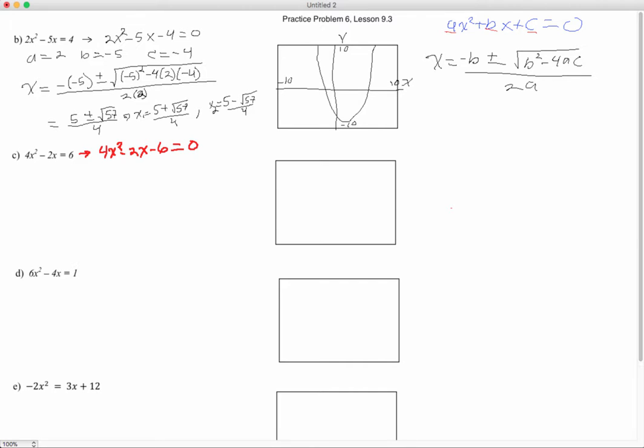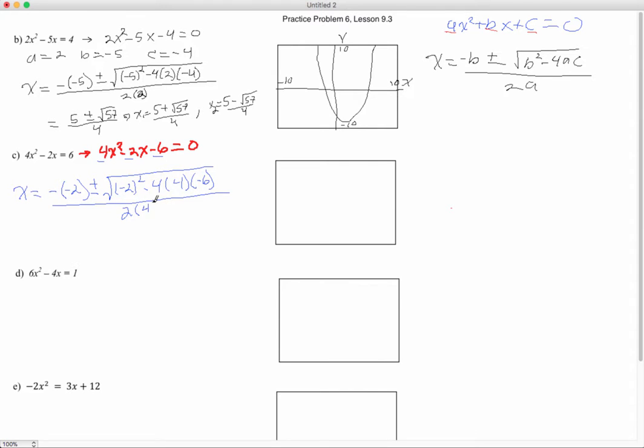So now what we need to do is come in here and identify our a, b, and c. We see a is 4, b is -2, and c is -6. So that tells us, plugging those into the quadratic formula, that x is going to be equal to the opposite of -2 plus or minus the square root of b squared, which is going to be -2 squared, minus 4 times a, which is 4, times c, which is -6, all over 2 times a, which is going to be